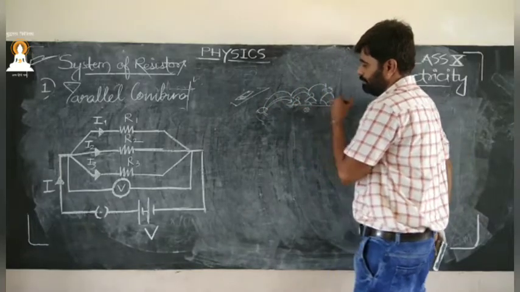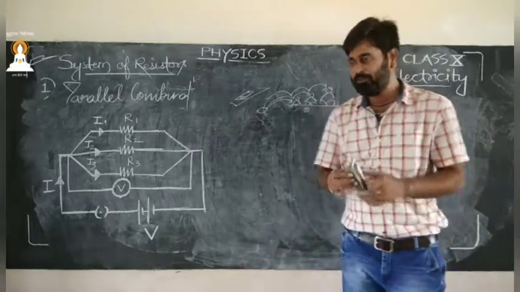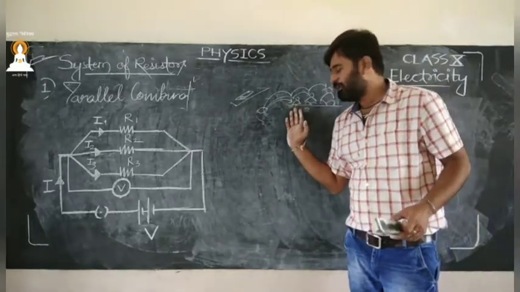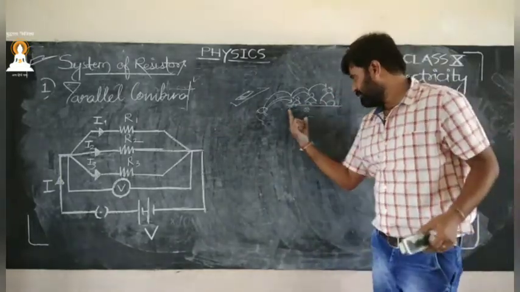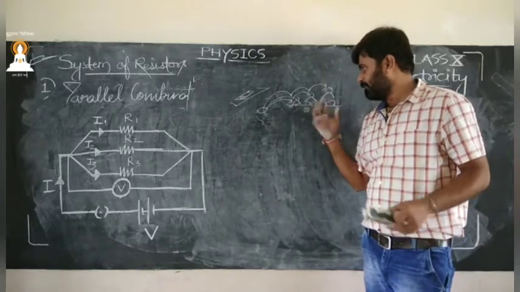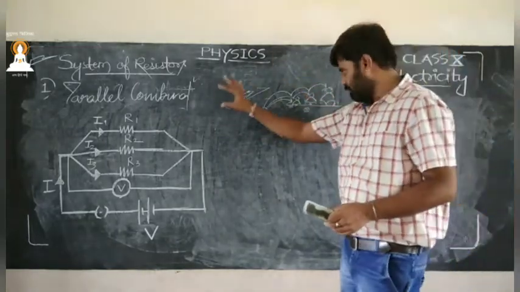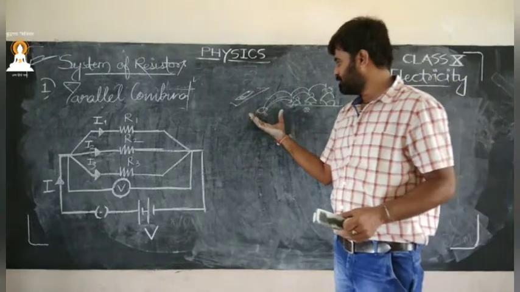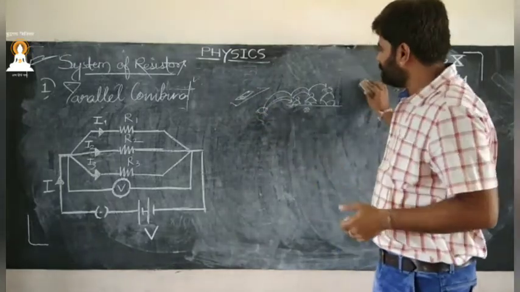This is series 1. First one will be completely satisfied, then the second one, and then the third one. This is the series combination according to the home ministry. Okay, now suppose parallel.